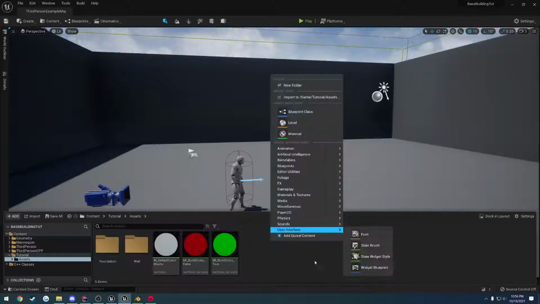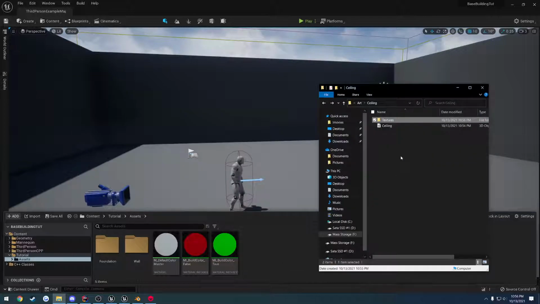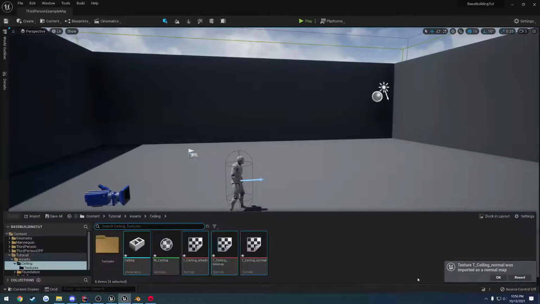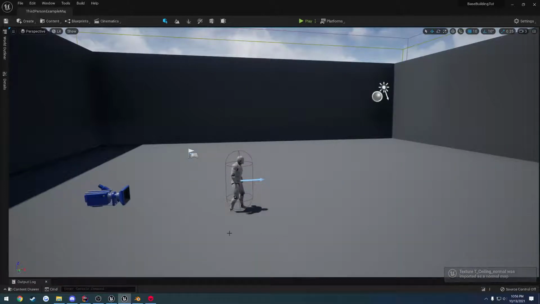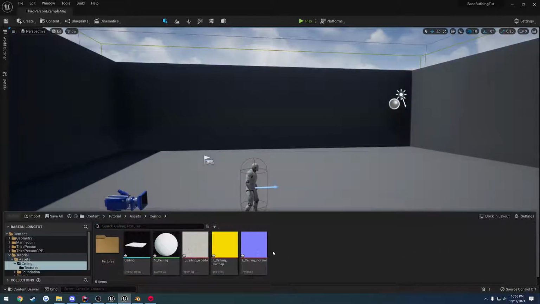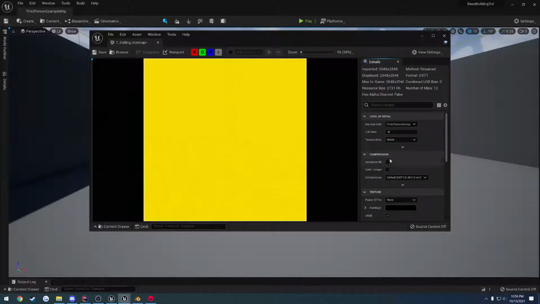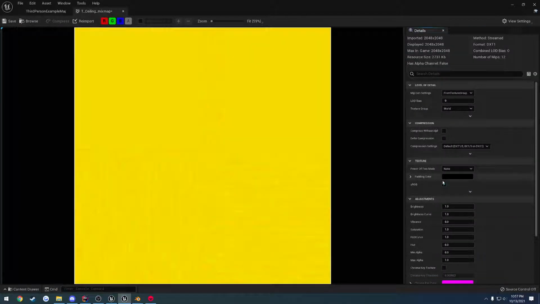So I'm going to create a new folder, or actually better yet, they'll be compressed into a folder called ceiling. So all you have to do is drag and drop the ceiling folder into your assets folder like so, and just hit import all. Then load up, I can even do it, there we go. Go to textures, load up the mix map. We want to uncheck sRGB, hit save, go